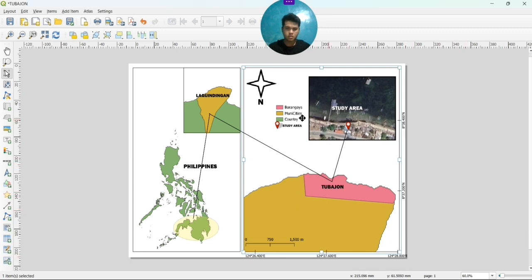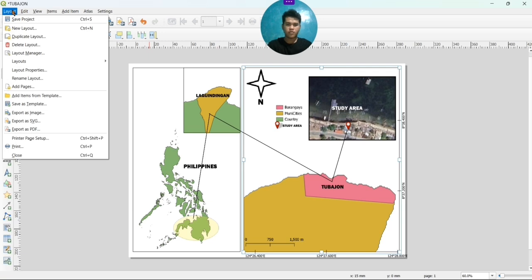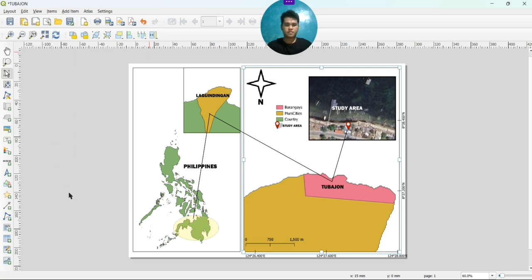And for me, that's all the things that I want for today's video. These are the things that I want to share with you, some basic ideas on how to make a map. So for me, this looks right, and I think this is more appealing than having none.